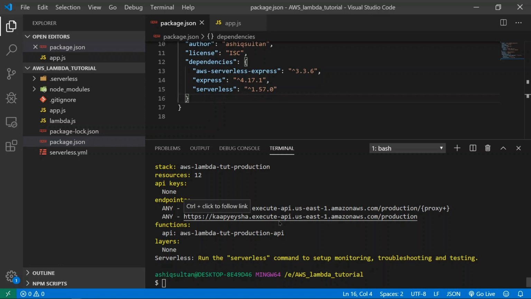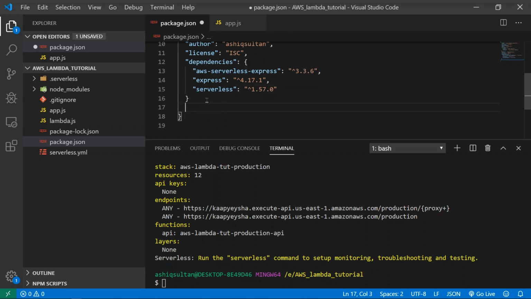So guys, I just had my function deployed, and another thing I just noted is that I have installed serverless as a main dependency. You don't need to do that. You just have to install this as a dev dependency, because dev dependencies are omitted when serverless packages, so your bundle sizes are going to be far smaller if you omit dev dependencies. In order to do that, just make